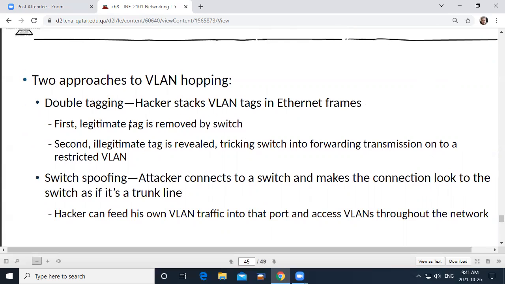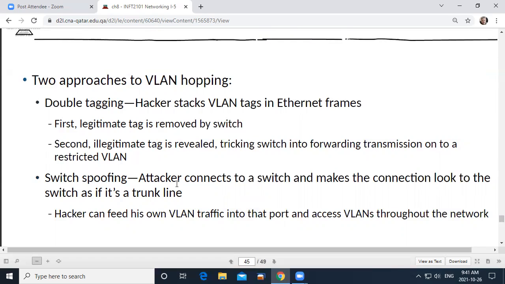What they could do, for example, is get one of these tags and add it to their frames and trick their way into your VLAN traffic. So we could do that with double tagging.